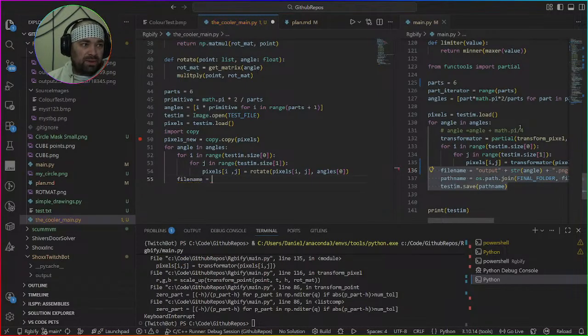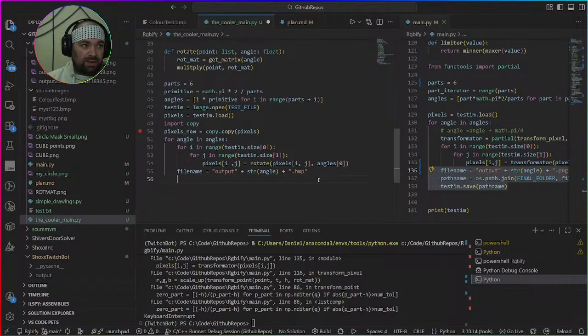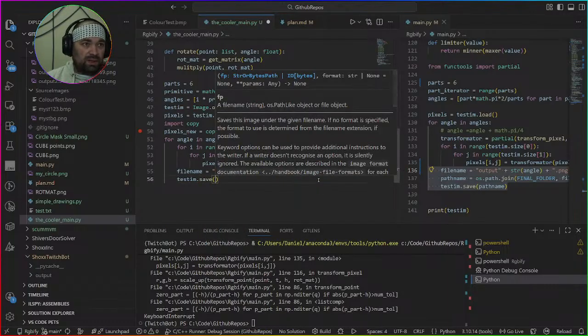File name is your output plus str of angle. Plus .png, despite us starting with a BMP. testim.save. And now,